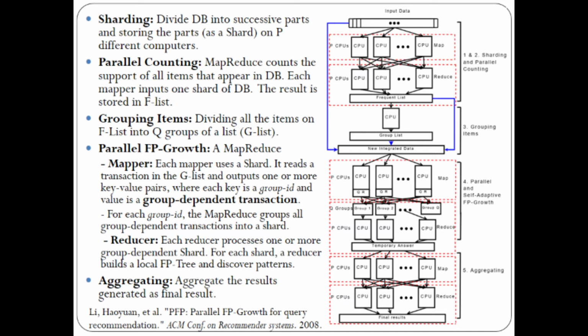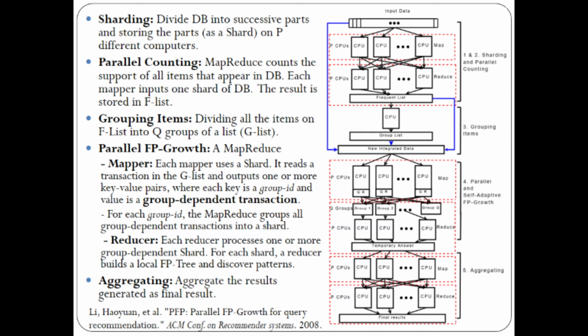And then you do the parallel computing part, and parallel counting is started. You do the support count as we did for the word count example. Then you do the reducing part, meaning merging those values together, and you generate an F list, meaning a list of the frequent items. F stands for frequent item. You generate the list of frequent items which have very high significant frequency, and then you try to group those items in the next step.